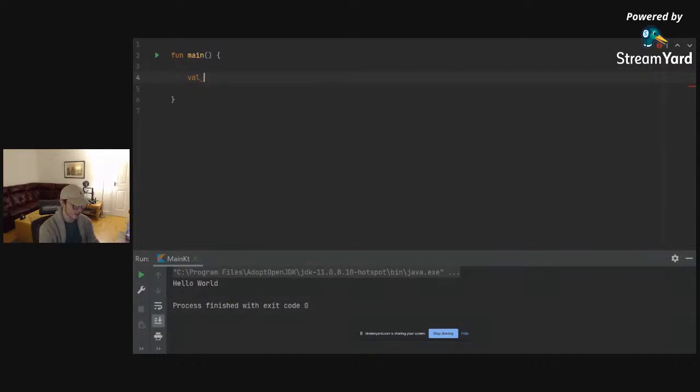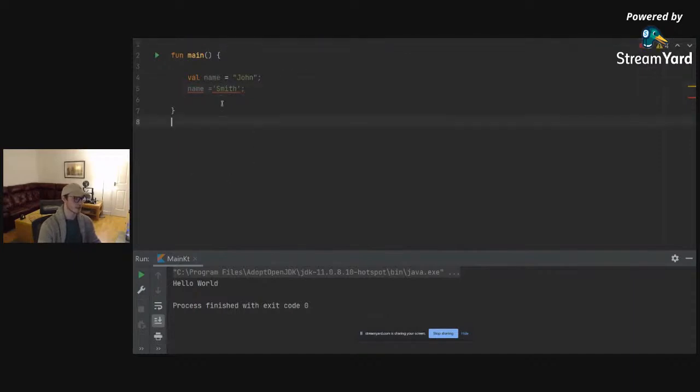Just basically means, I'll type something in here right now. Say, for example, I'm going to say val name, and I'm going to say John, right? All this means is that when we define this variable, we're going to give this variable a name, and we're going to assign it to John. Val just means it's a constant, you can't change it after the fact. So if I do something like this, and say Smith,